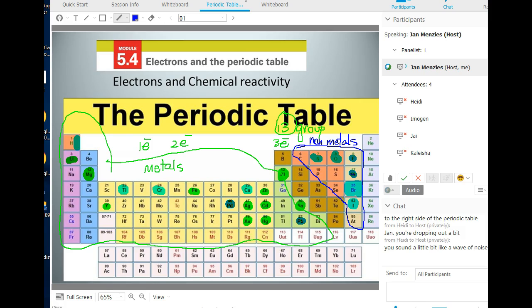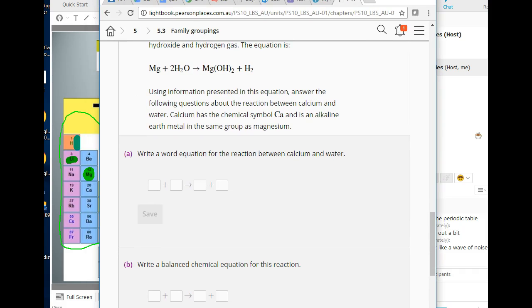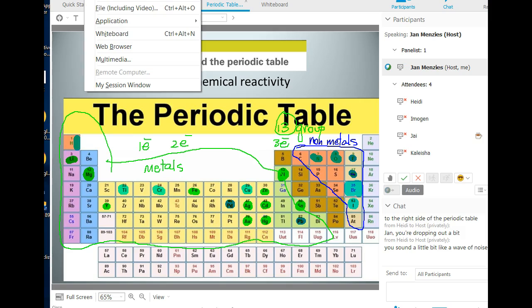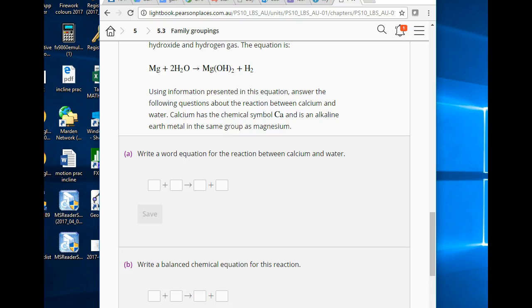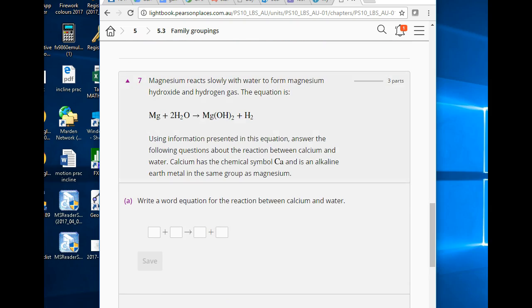So please go in yourselves as well. Now, because I'm recording, sometimes I have a bit of trouble getting to the document, but we're told magnesium reacts